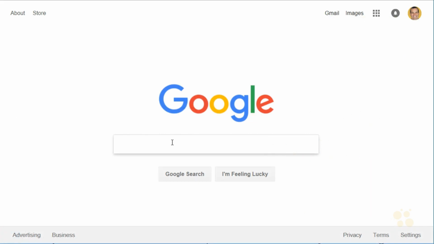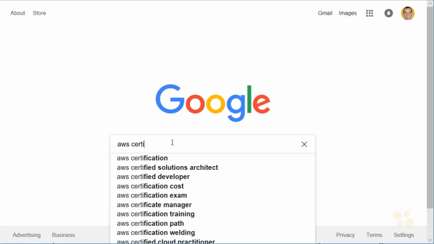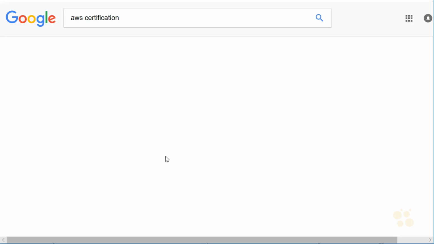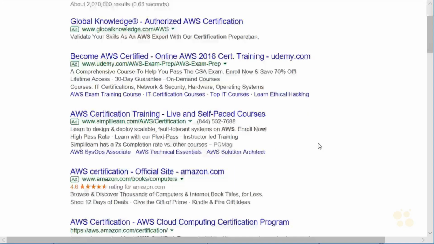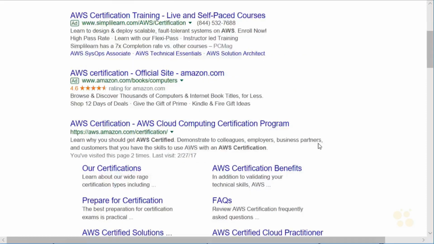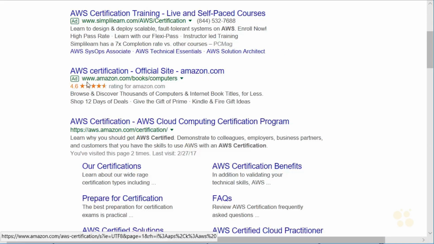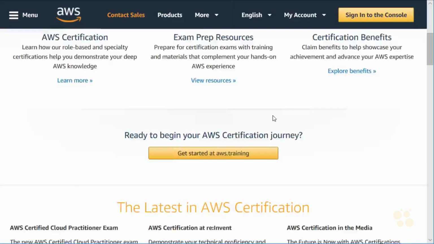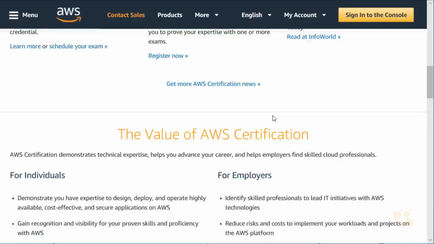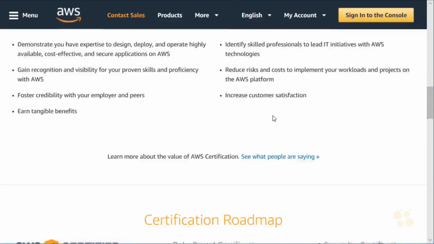Now, one of the really awesome things about this course is if we go up to Google and we do a search on Amazon Web Service certification, and you go to the first official link right here, AWS certification. So notice it's not an ad. And we go to this certification area, you'll see that if we look at the certifications of Amazon Web Services,